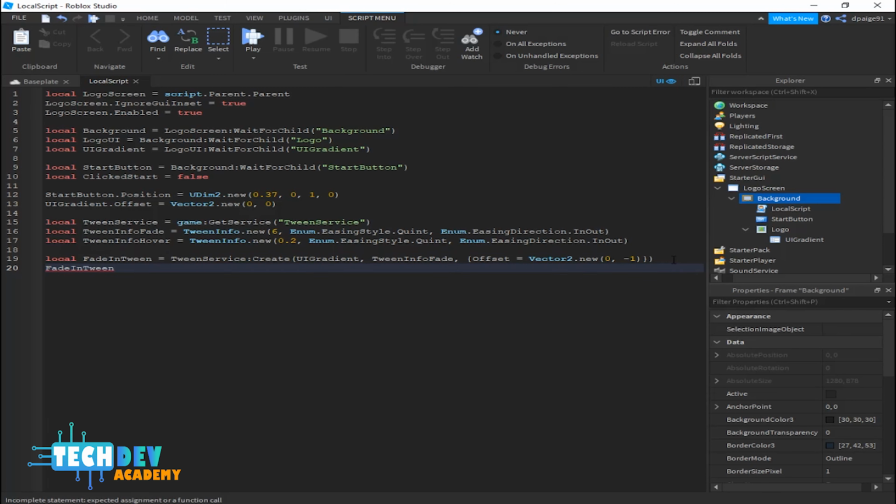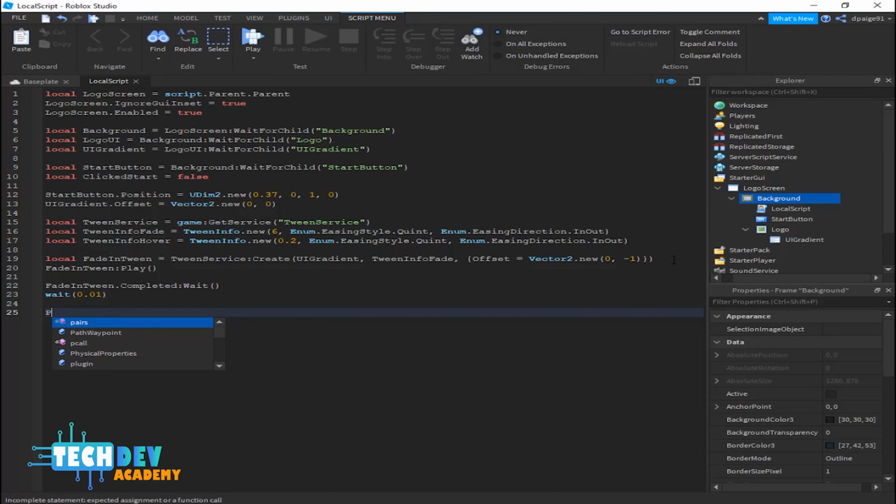Fade in tween play. Fade in tween dot completed wait, let's just say 0.01, and then start button tween position